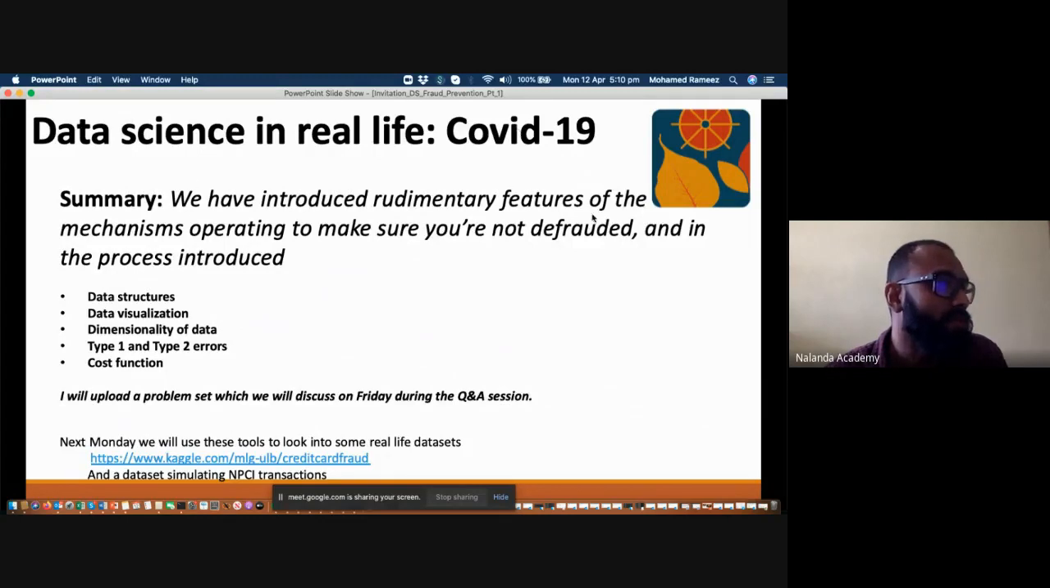But this is the concluding slide, where I will just summarize that we have introduced rudimentary features of the mechanisms operating to make sure you're not defrauded. And in the process, we have introduced some basic data structures, how to visualize data, the concept of dimensionality of data, what is a type 1 and type 2 error, and how to construct a cost function for a very, very simple thing using a